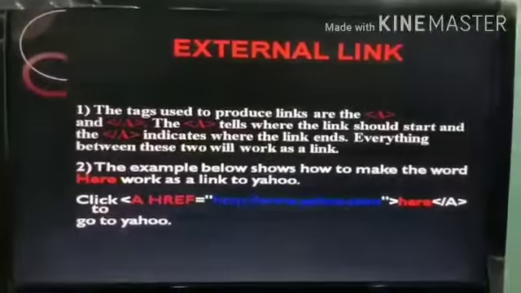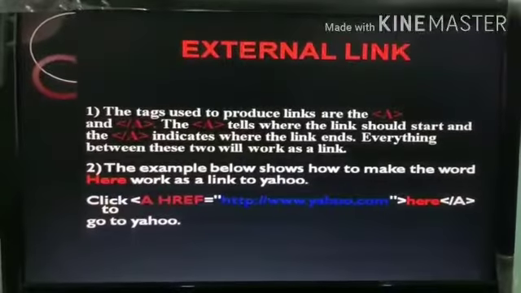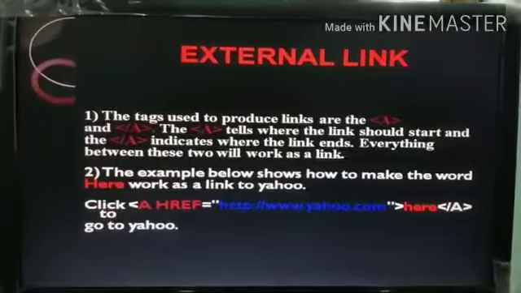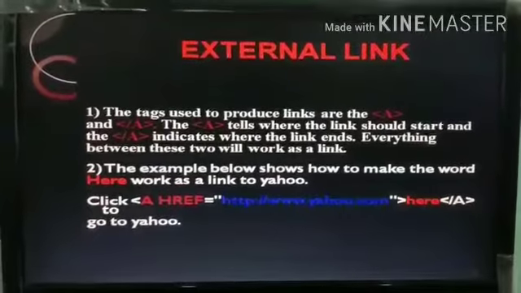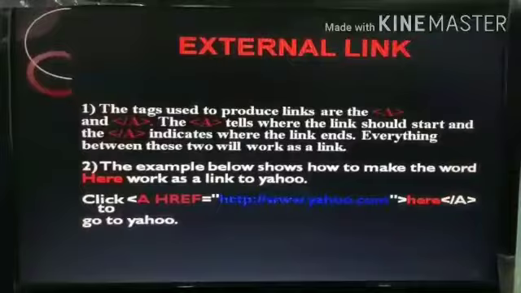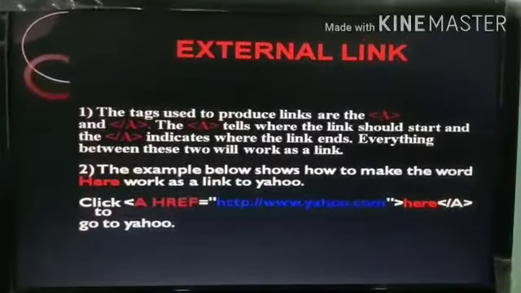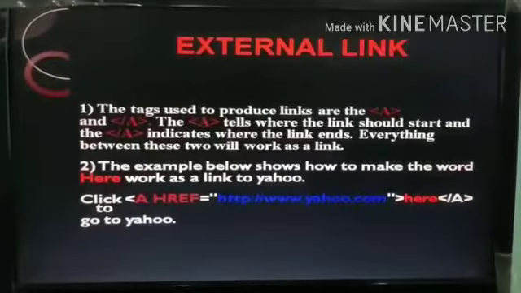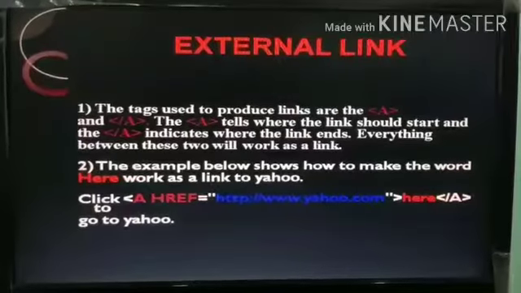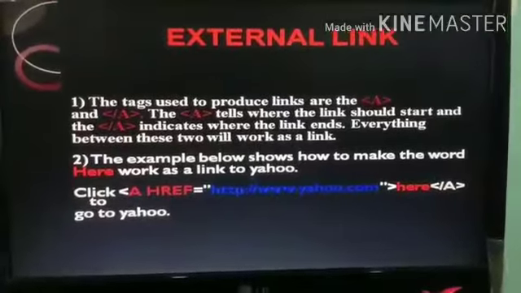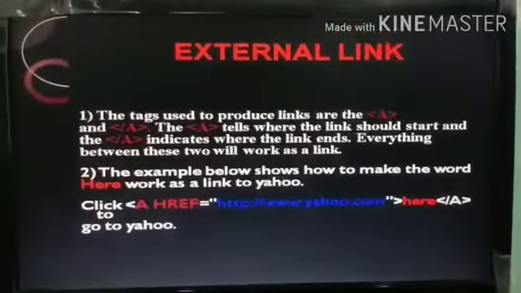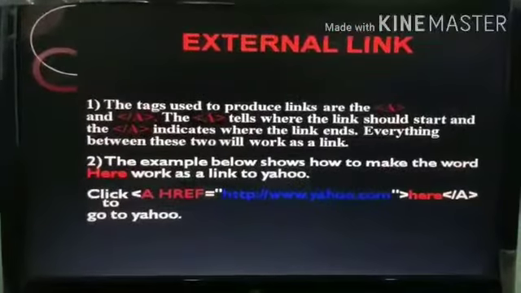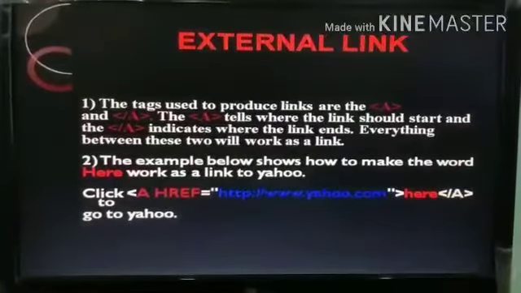Students, in the last video, we learned how we can insert images in our web page. In this video, we will learn how we can create a link. Why do we use links in our web page? When we want to join two or more web pages, just like in websites, we have to use links. To create a link, we will use the anchor tag. To write the anchor tag, we write A in angular brackets.